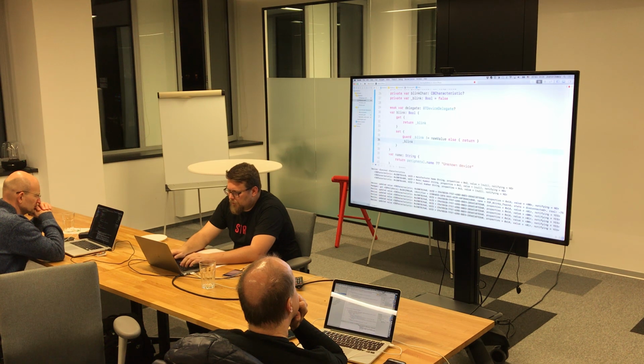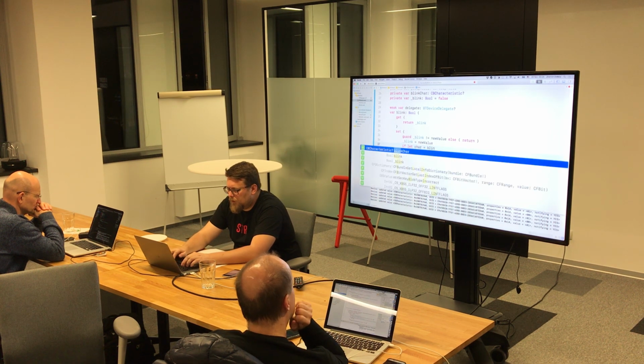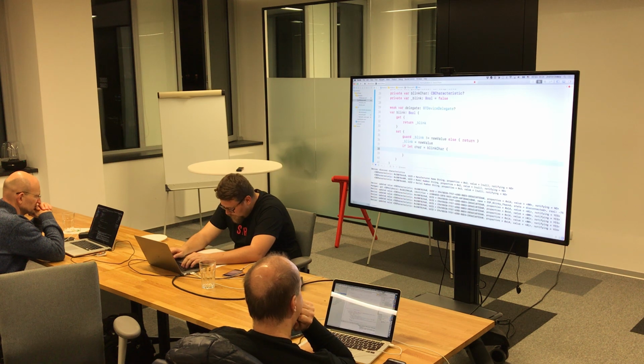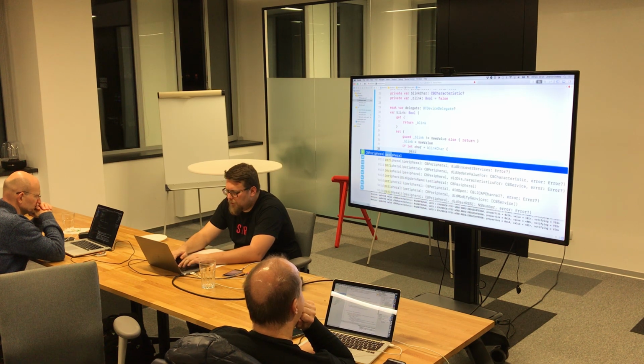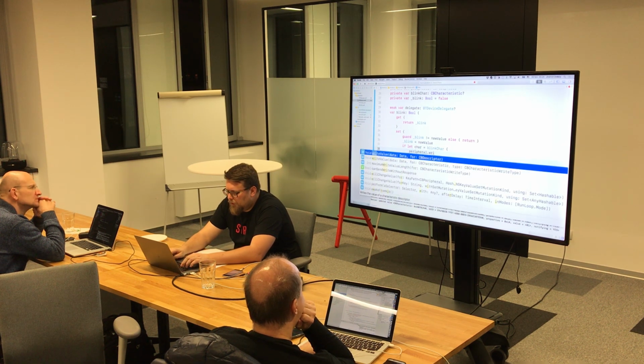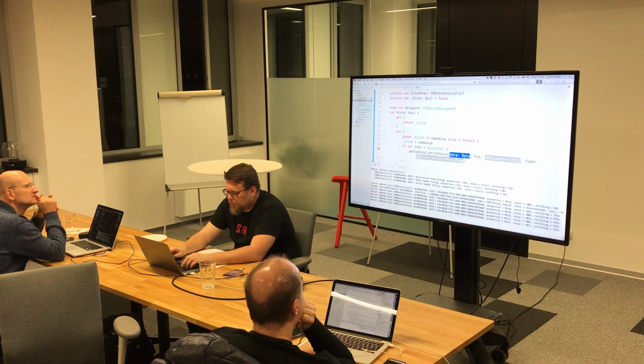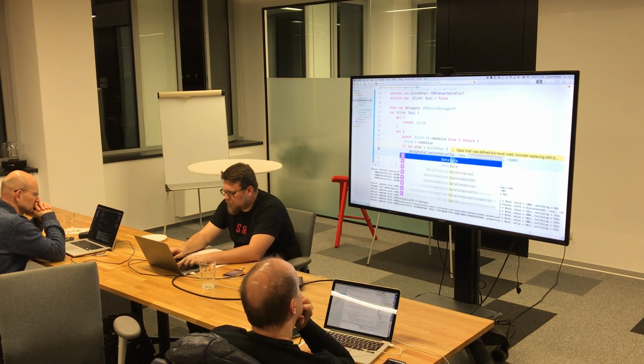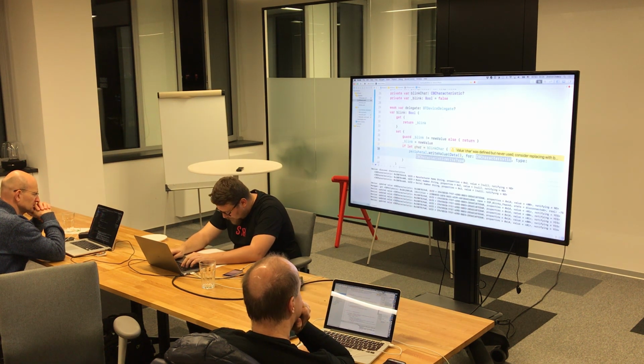So I'm going to store it like this. Because the characteristic is optional, I need to unwrap it. And now I will write value for characteristic. So how do you convert Boolean to data? It's weird, but